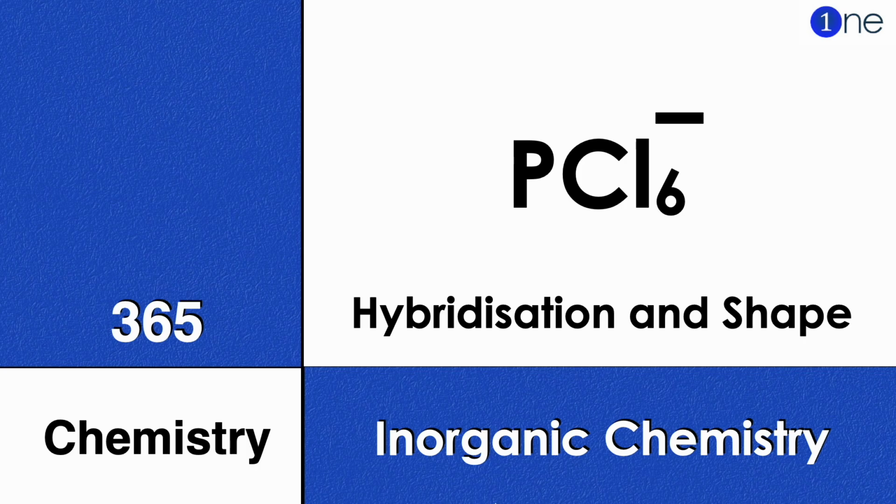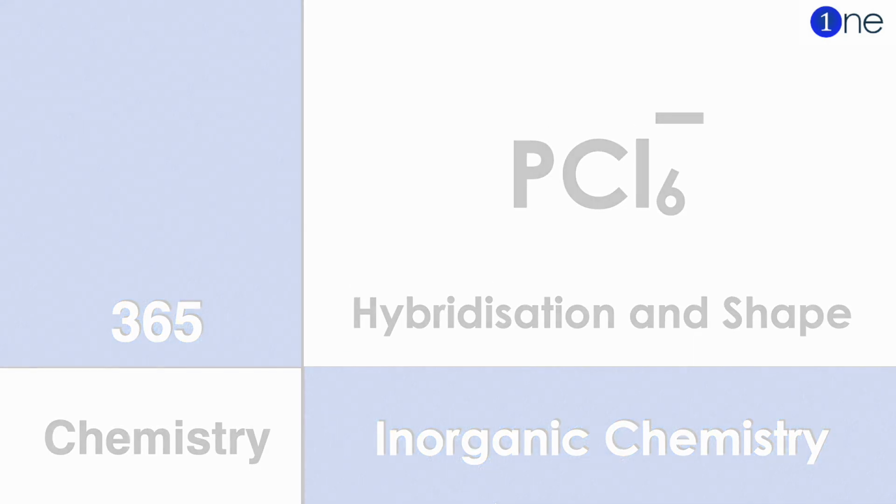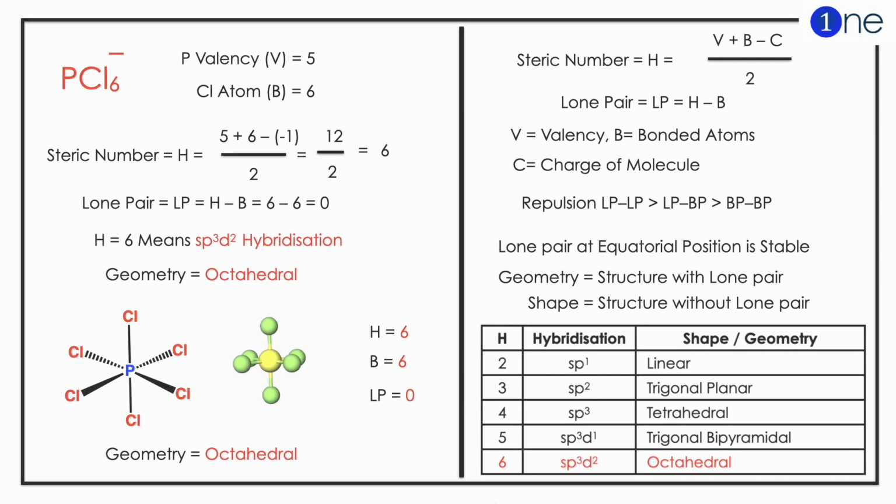Inorganic Chemistry questions for you. Here you have PCl6 minus, which is an anion. You should find the hybridization and shape of it. To find the hybridization, you should know the steric number, which is H equals (V plus B minus C) whole